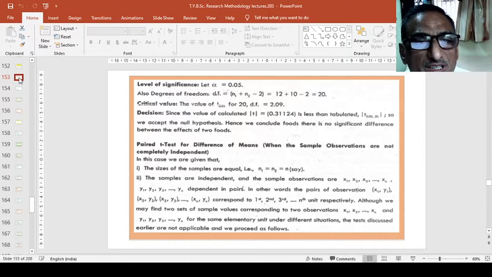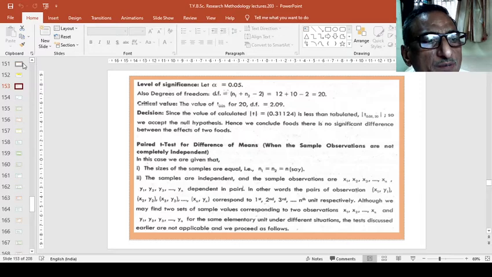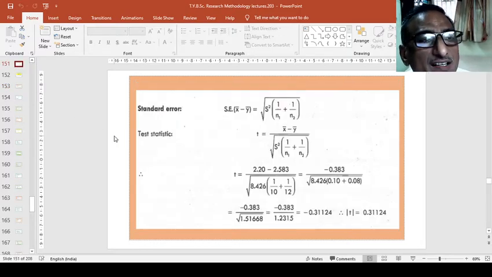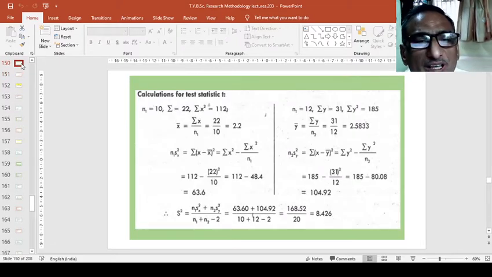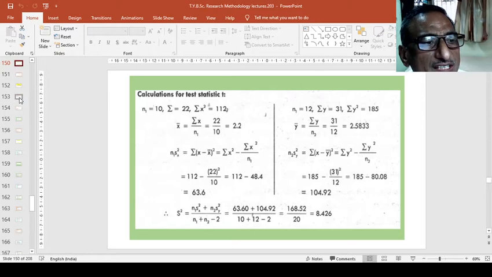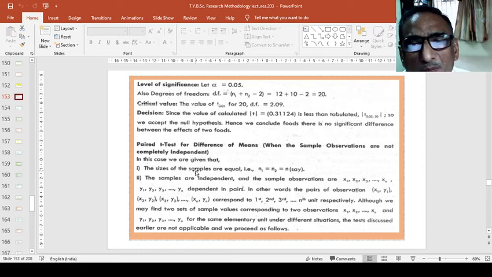But here, level of significance will also be studied as per the degree of freedom, that n1 plus n2 minus 2 is equal to 12 plus 10 minus 2 is equal to 20. This is the simple calculation as per our previous equation, and the critical value of 2. Actually, we are continuing this solution as per the previous example we studied in the standard deviation and the test statistics, that is one way or two way, and these calculations are continued here, to calculate the level of significance from the previous results.